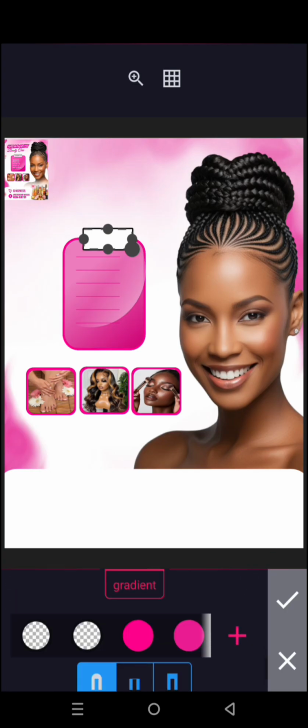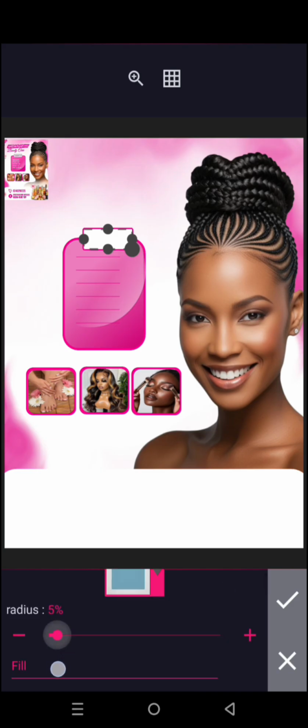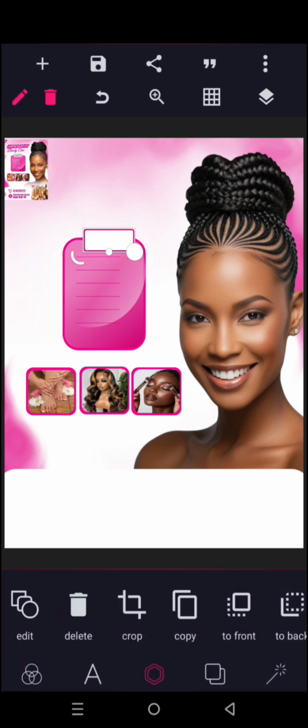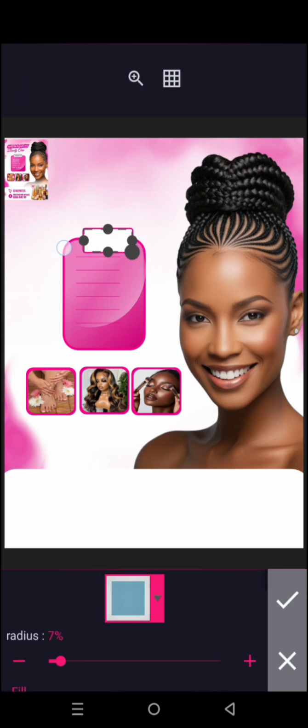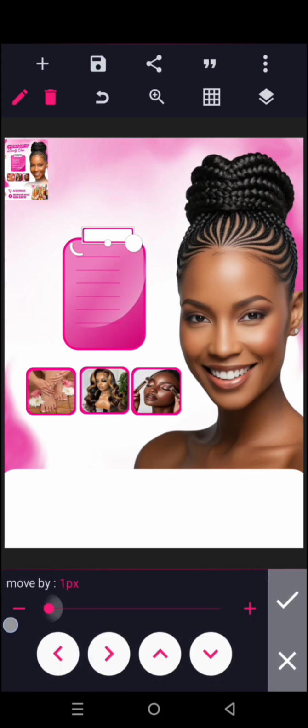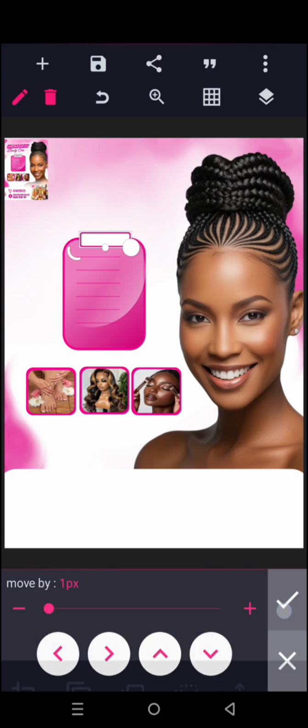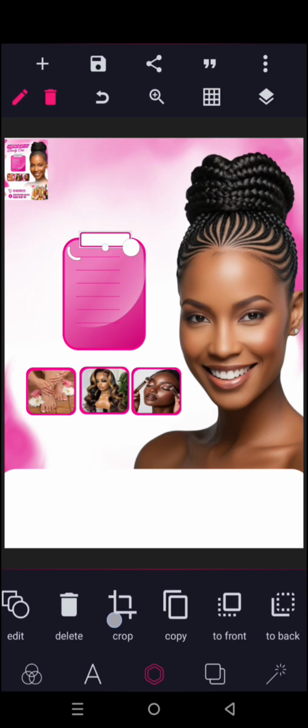9. 9 is not bad. Then give it a radius of about 7. You can edit it more to make it very small. Oh, that's good. So you can do it this way. That's where you write the